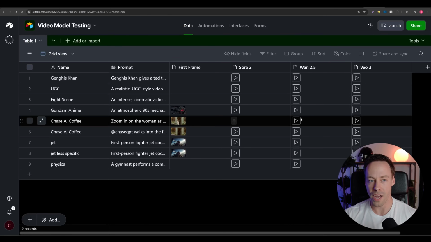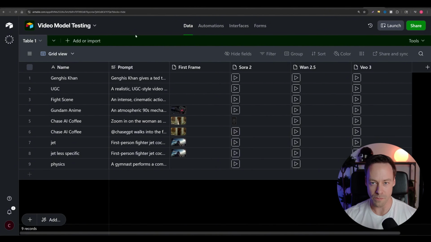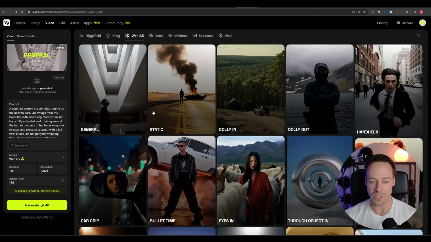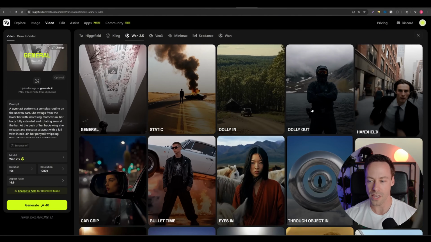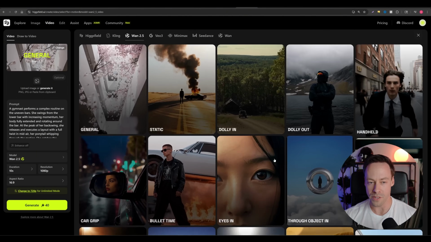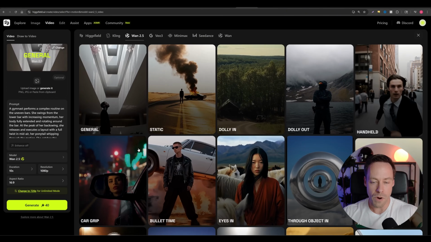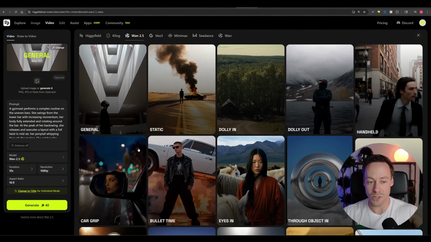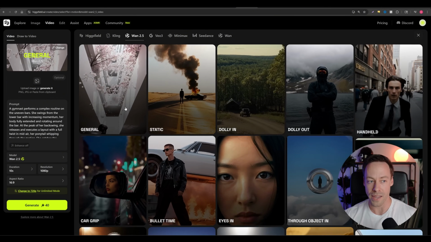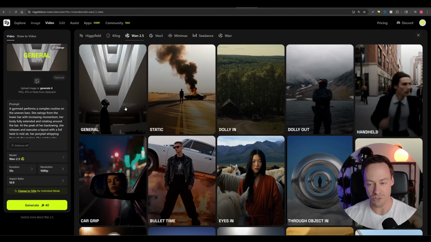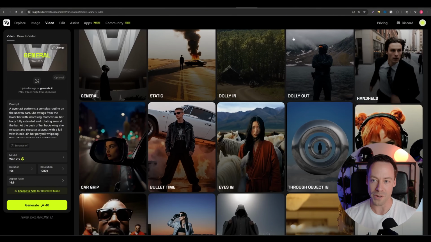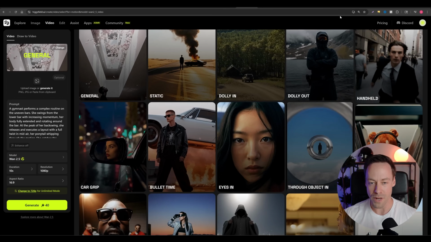Now, Wan 2.5, in the context of these tests, was a big disappointment. On the other end of the equation, when I used Wan 2.5 a few days ago inside of Higgsfield and took advantage of things like these dolly ins, dolly outs, handhelds, all these presets they have, it does a lot better. But when we're just testing it raw with this prompt, and I want to see what you can do at a base level without the Higgsfield guardrails, it really struggled. But if you're using something like Higgsfield, it does a lot better. That goes for all of them, and I wanted to judge it on an even playing field.